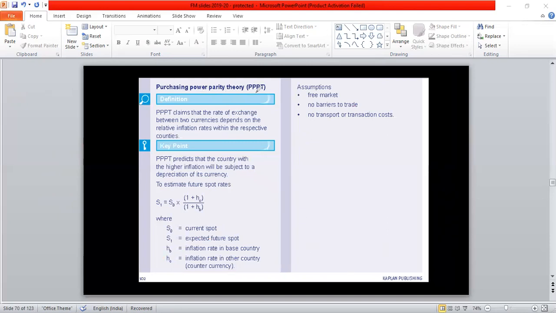Purchasing power parity theory claims that the rate of exchange between two currencies depends on the relative inflation rates within the respective countries. So purchasing power parity, basically, talks about